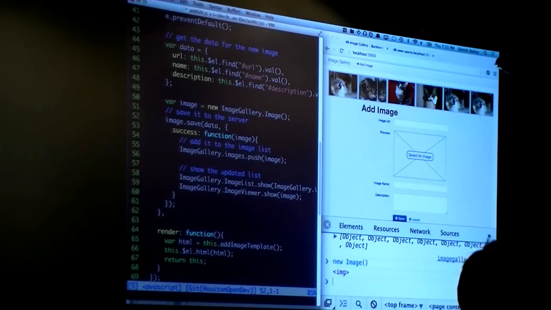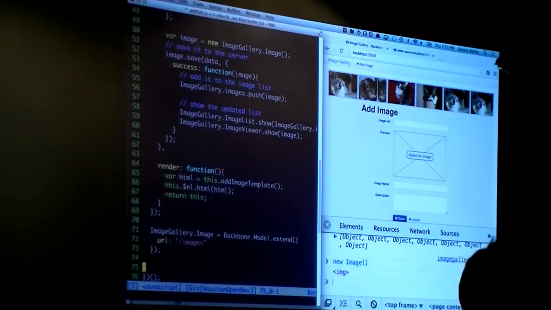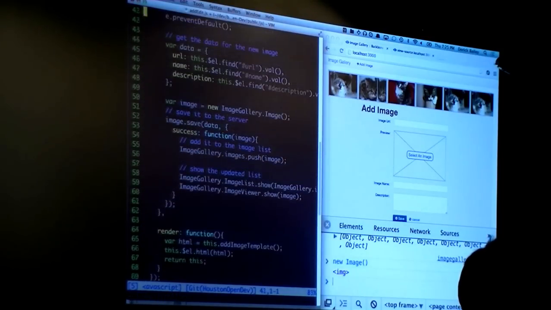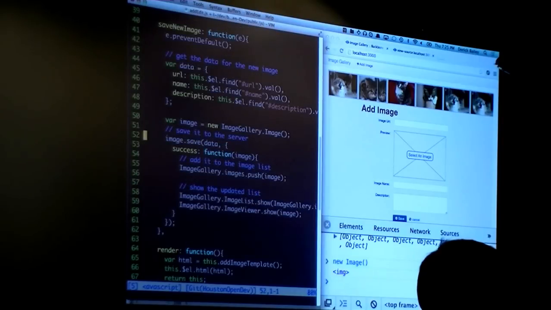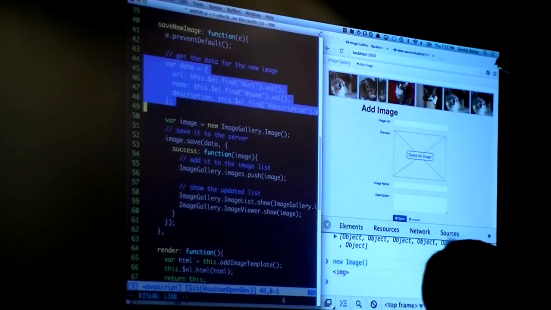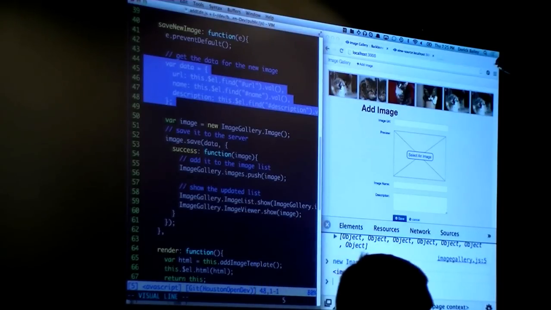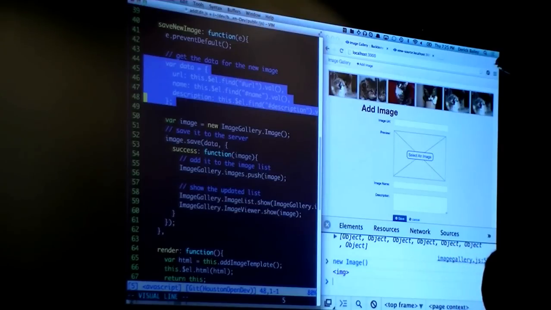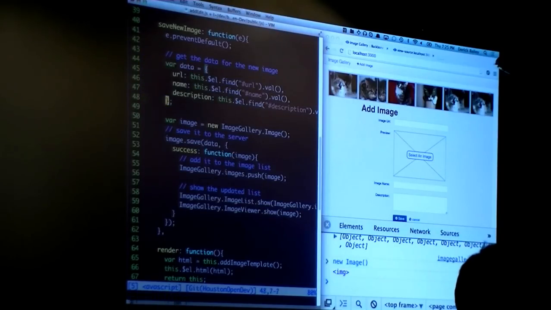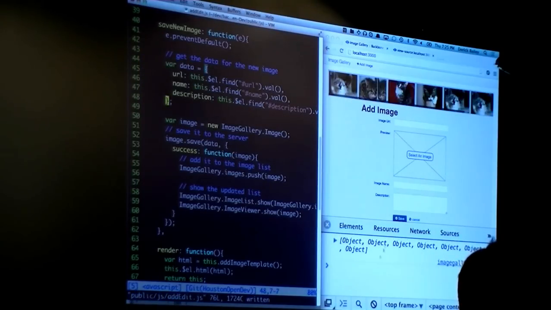So I've reduced a few lines of code there and provided a lot more functionality in terms of events and encapsulation by using an image instead of a raw jQuery AJAX call. I'm still gathering the data from the form using jQuery right here. Also a very important thing to note, Backbone does not replace jQuery. Backbone uses jQuery to help you manage your views and your data within those views. So having done that,